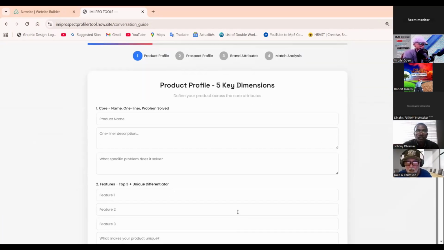And you will notice that the patterns remain the same, right? What is the product? What does it solve? Based on that specific choice of direction, you are now apt at giving that one liner. And that usually will start bringing in your unique value positioning because you're positioning that feature, that specific product impact on the audience.